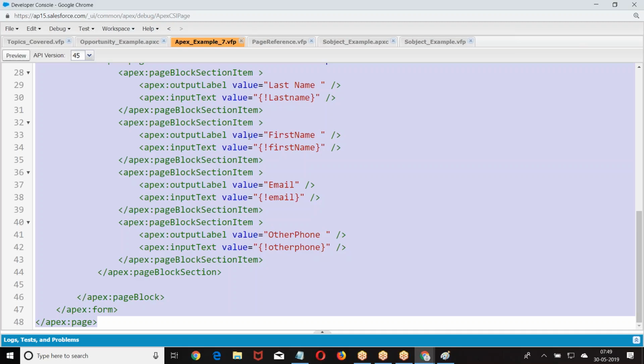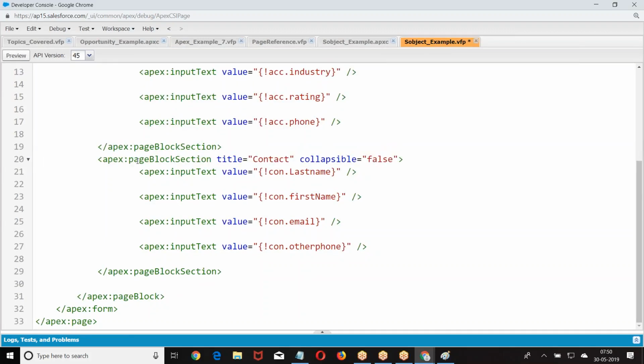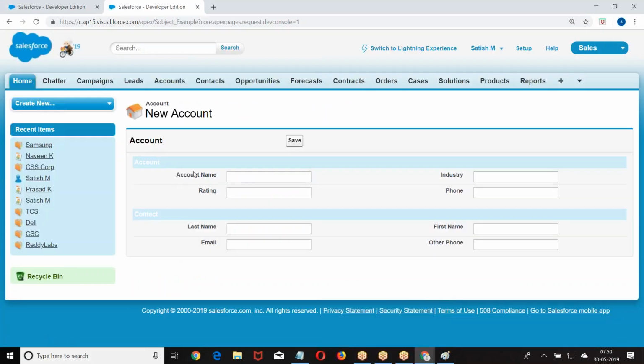You are supposed to define a label. But if you are referring to a field, automatically the label will come.